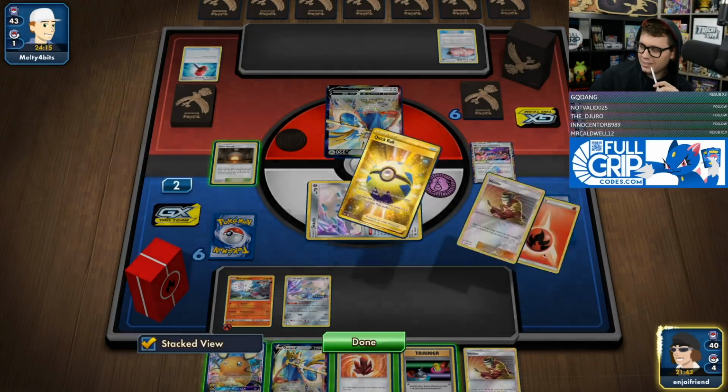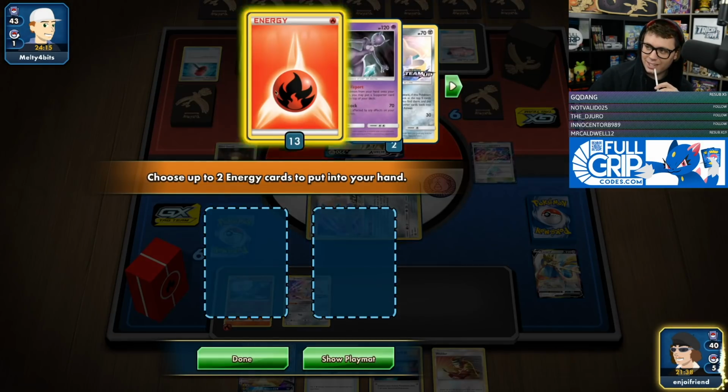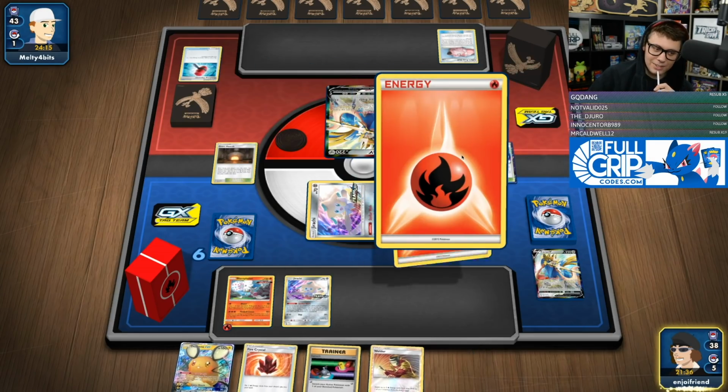What am I going to get rid of here? I already have a welder in the discard pile. I need Welder again. I guess I'm getting rid of the Zacian. I really don't want to do that, but what I really need to do